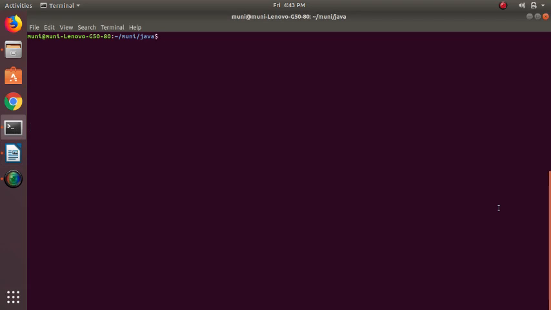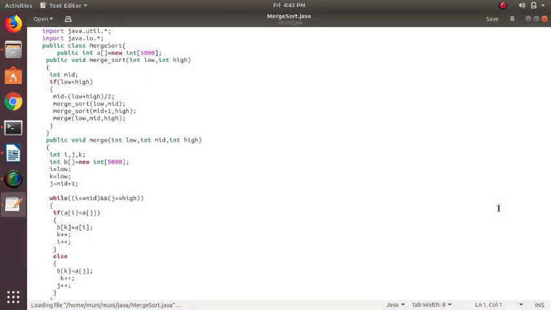So go to the terminal and then gedit, capital M, MergeSort. I have already created it.